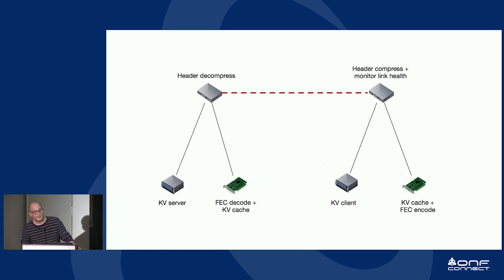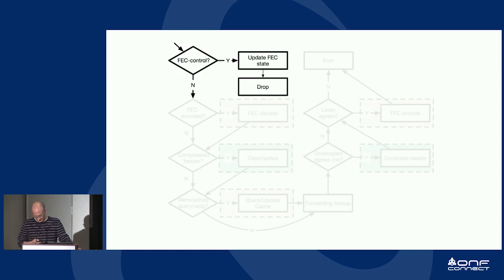So the placement of the functions is where the operator comes in, right? The programmer doesn't really care where things are placed. The programmer just cares about the logic that links things together. So we would be carrying out header decompression and compression on the switches themselves, and we can do that because, as I mentioned, the implementation runs on a programmable ASIC. Whereas the FEC, for example, has been offloaded to an FPGA because there is very little to no chance that a programmable ASIC will be able to do this at scale, at least with current technology. And that is where we do the key value caching and the FEC decoding.